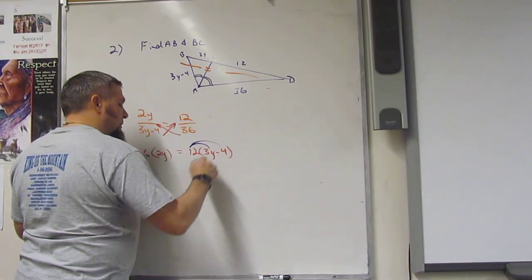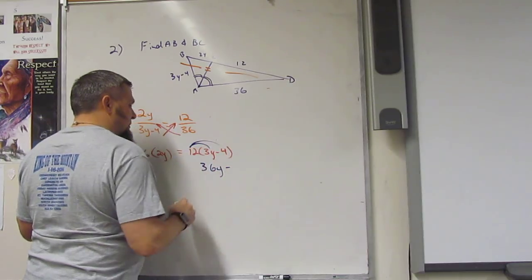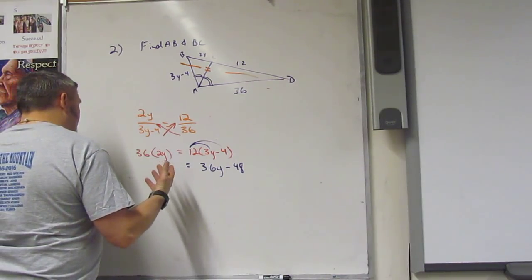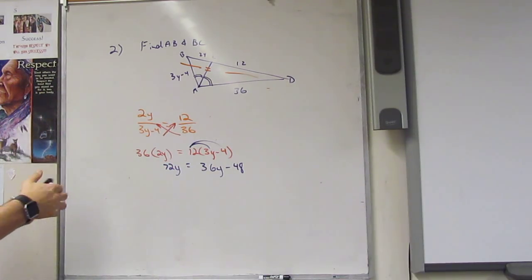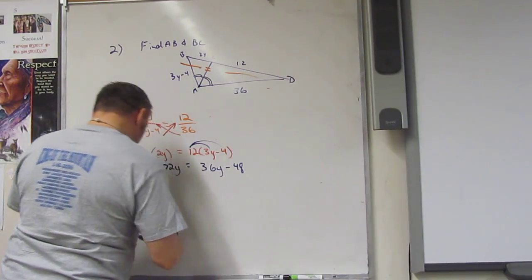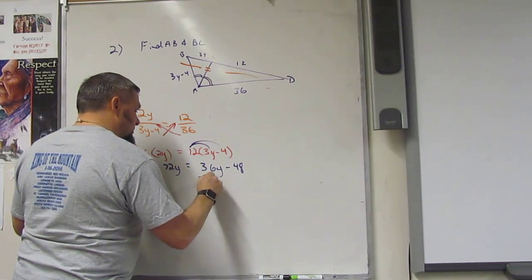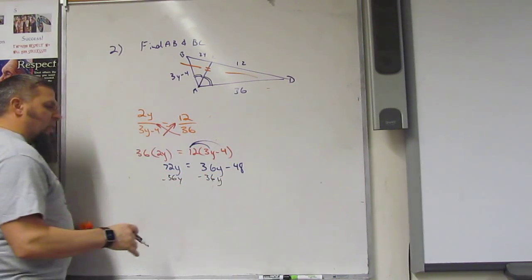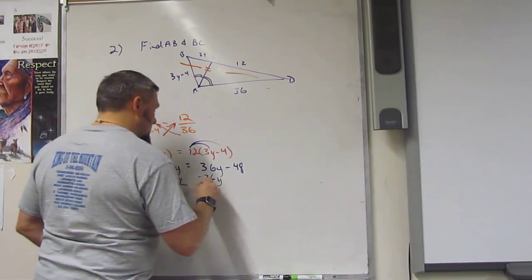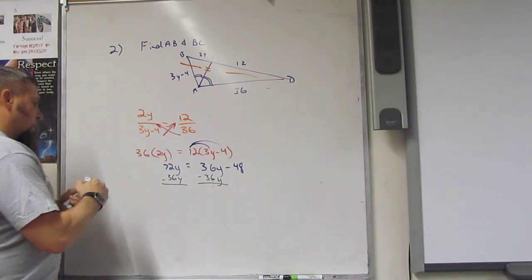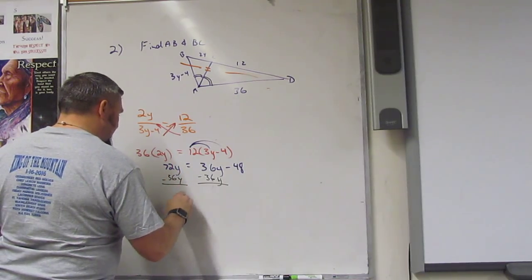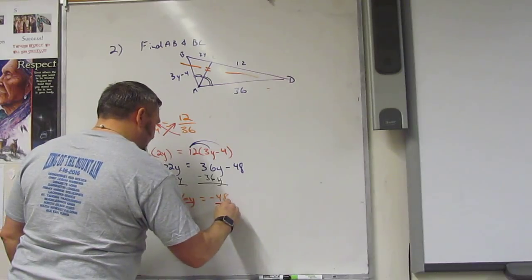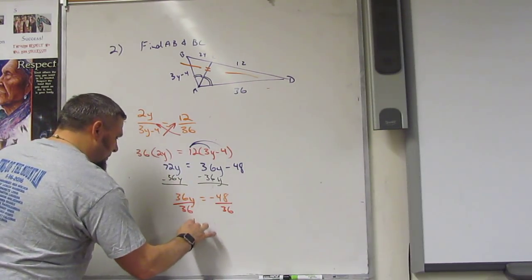Everybody on the block gets the paper. So I get 36y minus, looks like 48, is equal to 36 times 2, which is 72. I'm going to move the lowest y. So minus 36y. Sorry about that. Minus 36y. Okay. Now that's going to get me to a y on one side. And so I get 36y is equal to negative 48. So then I divide by 36, and so I get y is equal to,